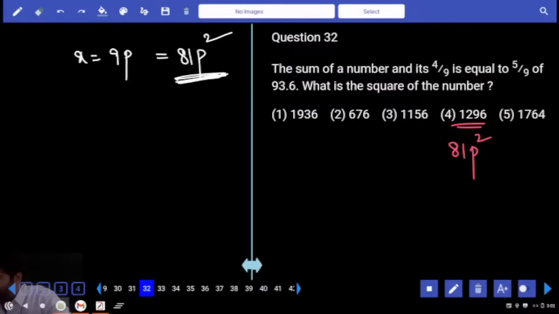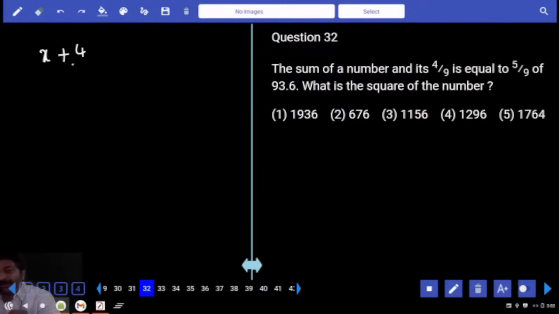Yes. Between 20 and 30, which square is available? 5 square, 25, ends with 5. So it should be a 5 multiple, right? Is your fifth option a 5 multiple? So without verifying whether it is in the form of 81 p square, you can eliminate this option. Yes, because that is not 81 times 25. If you don't understand,